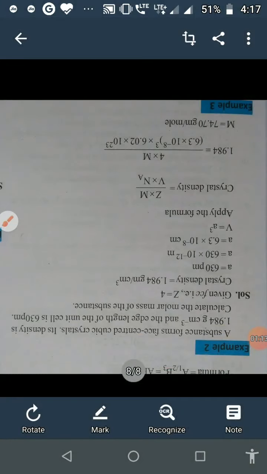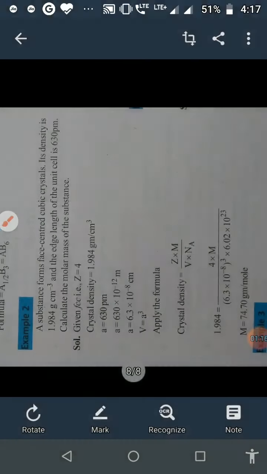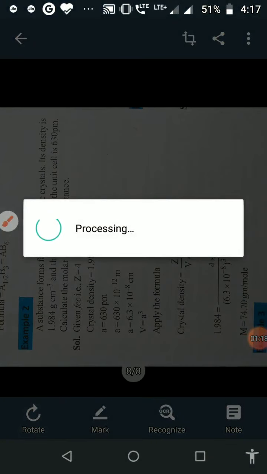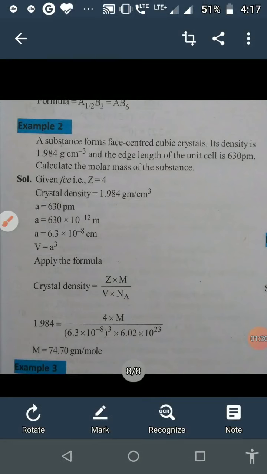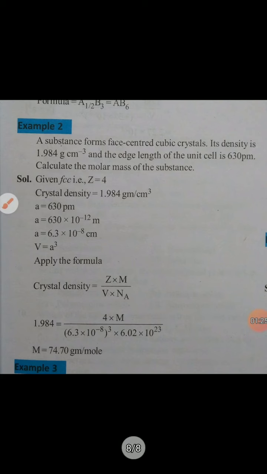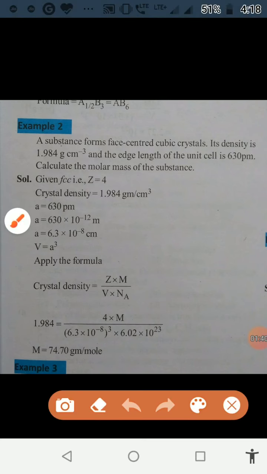That is, a substance forms a face-centered cubic crystal, the density is 1.984 grams per cubic centimeter and the edge length of the unit cell is 630 picometer. Calculate the molar mass of the substance. From the given data, the given unit cell is FCC, therefore Z is equal to 4, and the density of